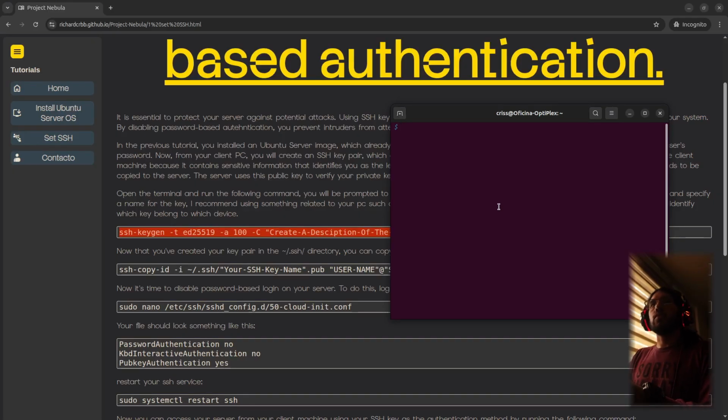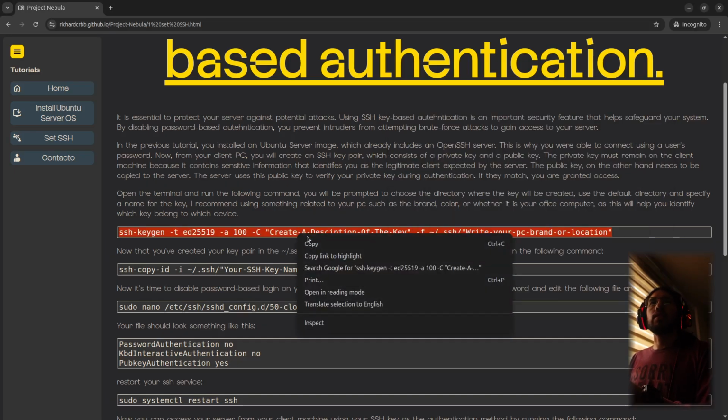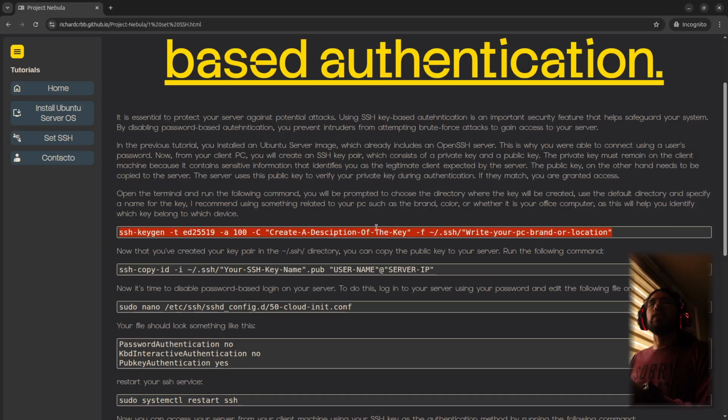You have to run this command, list, in your home directory, SSH. I have a couple of keys here, so I'm gonna create a new one. I'm gonna run this command,